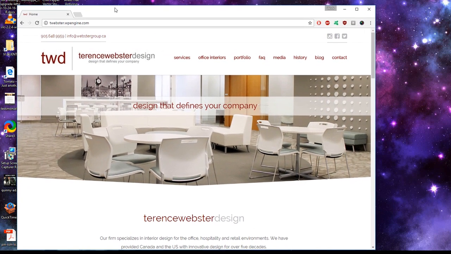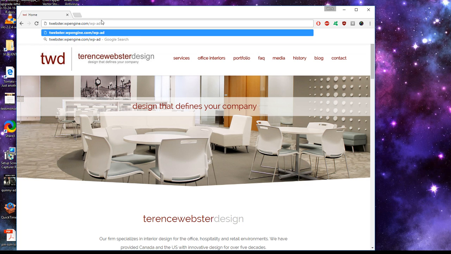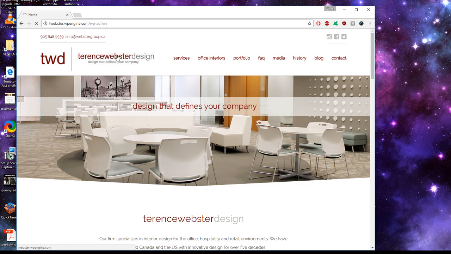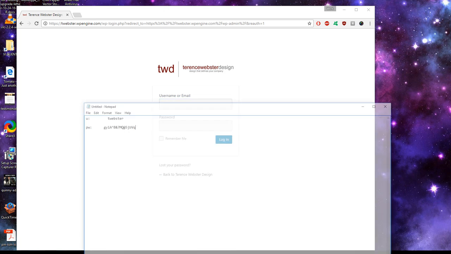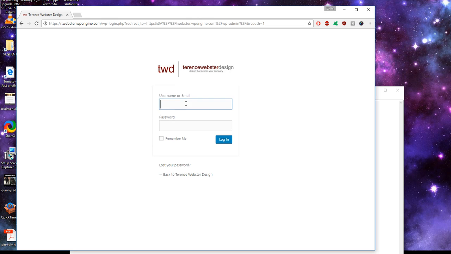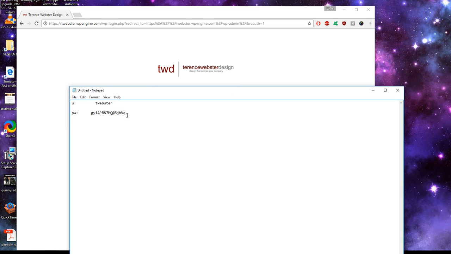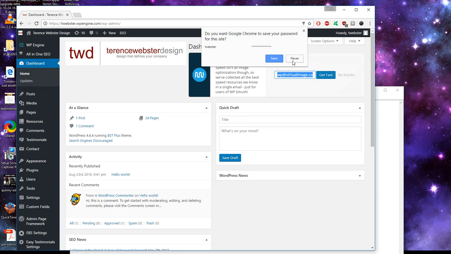In order to actually get into your website here, when it's live, you're going to go to website.com/wp-admin. Now once you're there, here's the back end of your website. And we're going to input your username and I'll give all this to you. So T Webster. And this is a very secure password that we use to make sure that people don't actually get into your website. After we enter that, hit login, and you'll be presented with